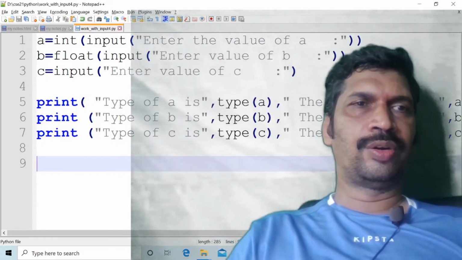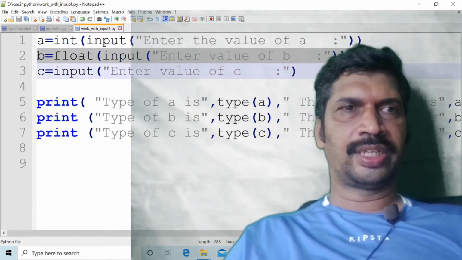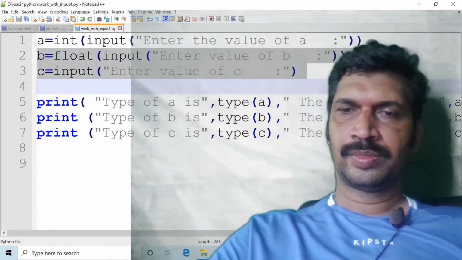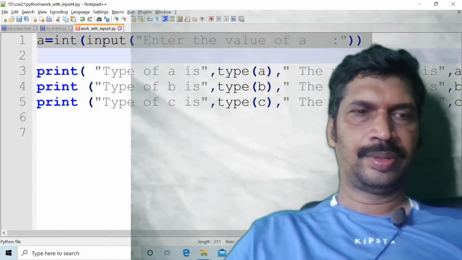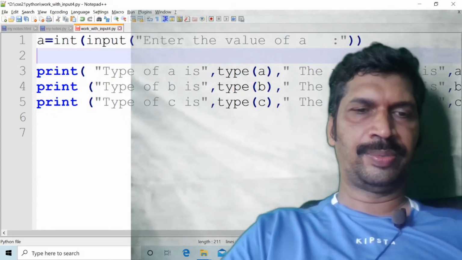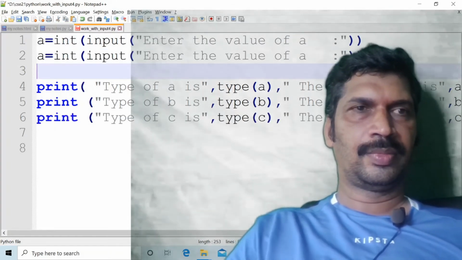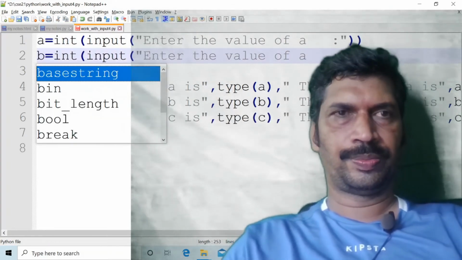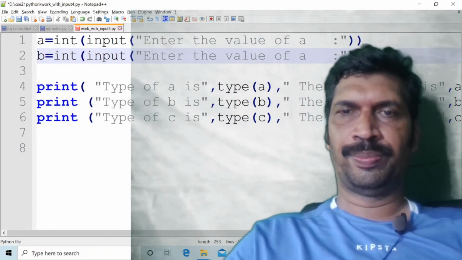I have to read two integer variables. I am using a, and another variable is b. b equal to input, enter the value of b.